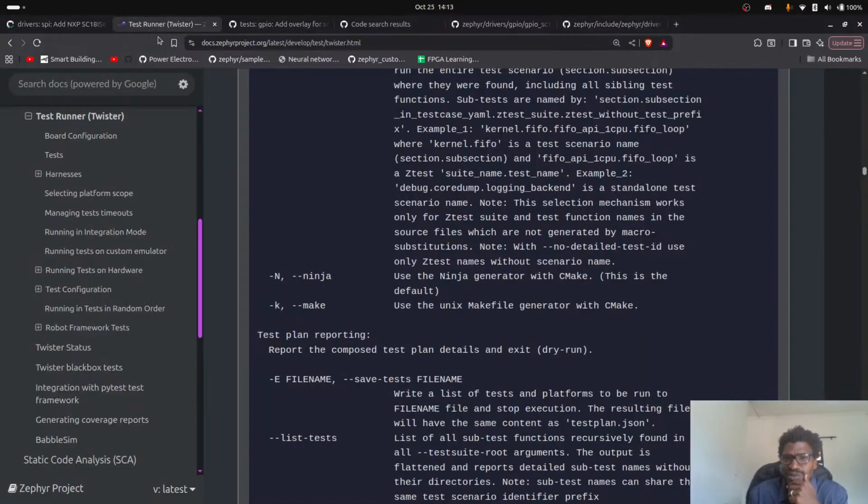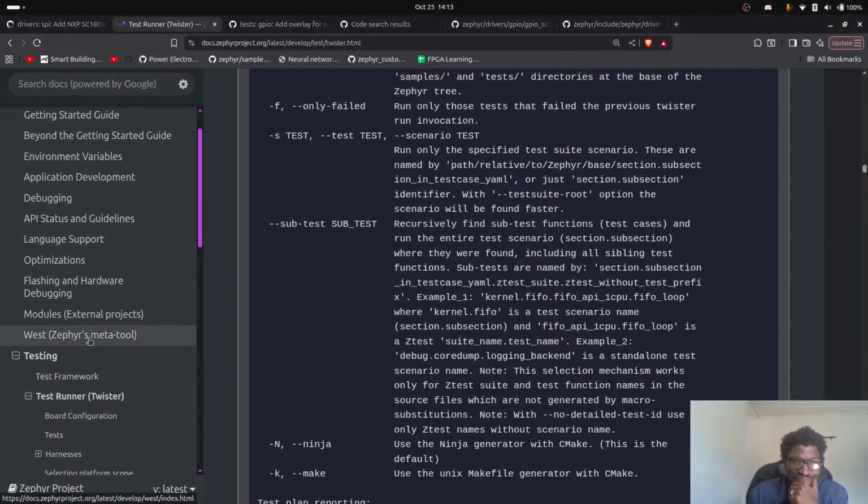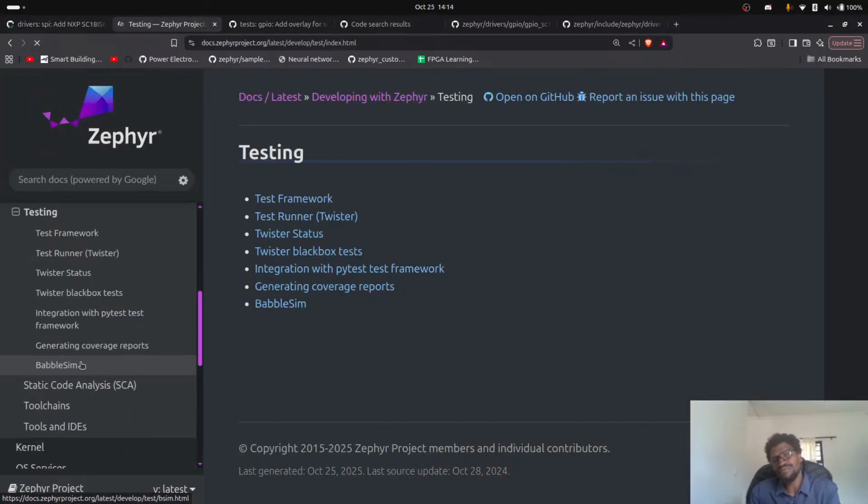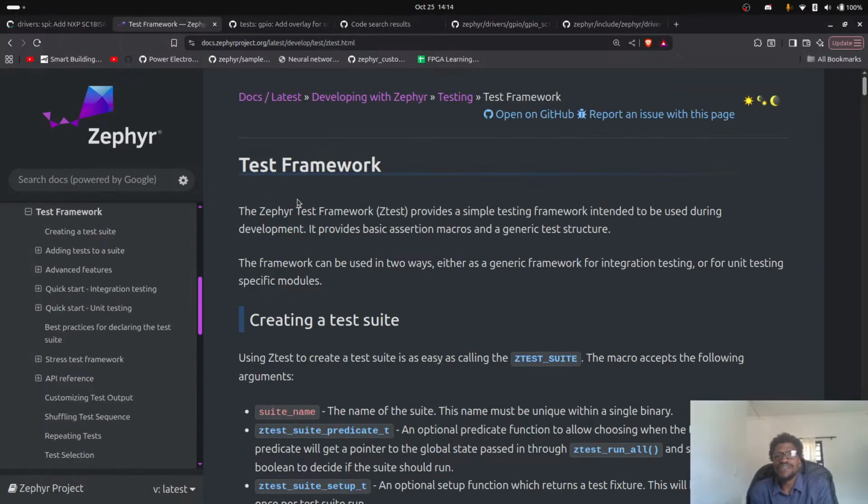It's our stream anyway. So let's look at testing. Testing in Zephyr. So Twister. Yeah, let's look at it. So the test framework: the Zephyr test framework, ZTest. There's ZTest and there's Twister, and one of them is a part of the other. The Zephyr test framework